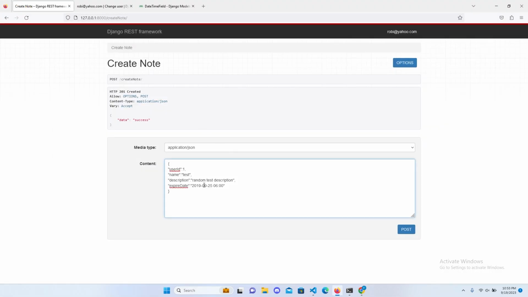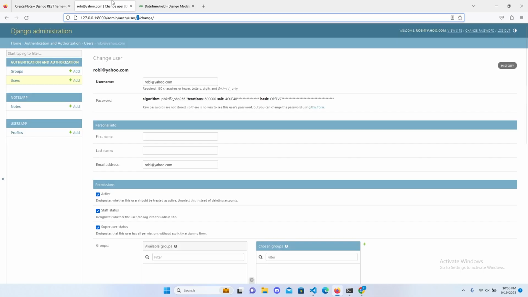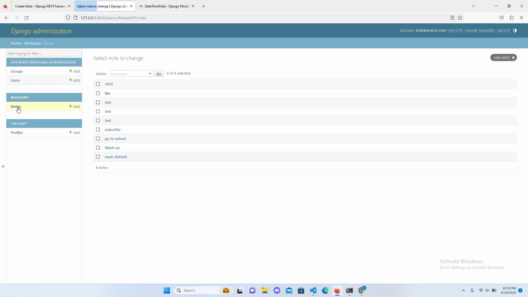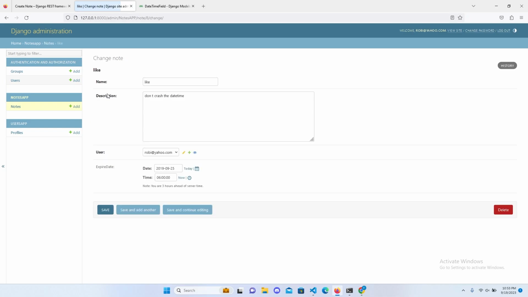So let's create another one. So let's say, don't crash the date time, and we add the post. So this one was for the user ID 1, and we can go to our data. So if you go to nodes, you should be able to see, don't crash the datetime, it's having the correct datetime, and you can see the user ID. Okay,